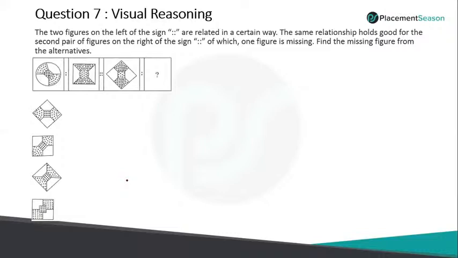Right? Next, visual reasoning. Here you can see four figures, and it is given this is to this. That is what we can understand from this question in simple. That is what is given here, right? So this has formed this. So this figure is a circle and this is a square, right? It's normal basic logic.